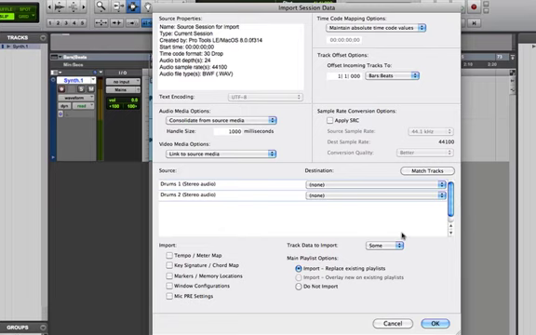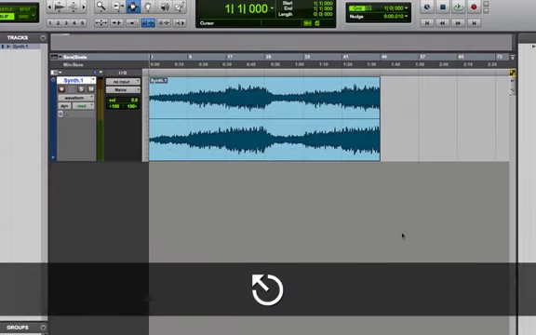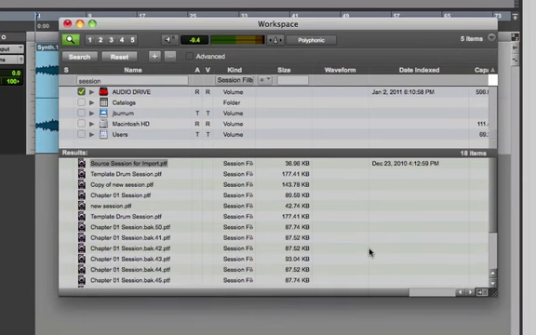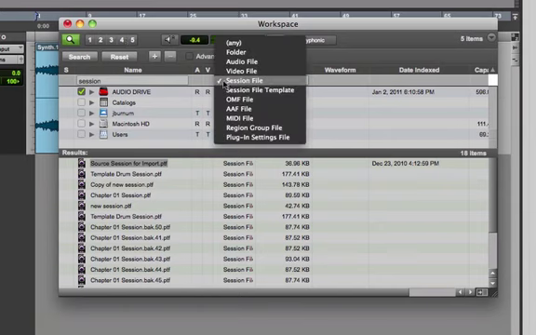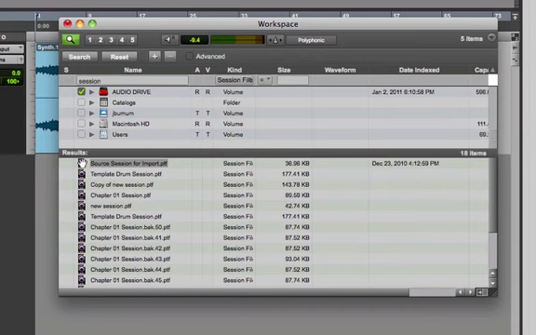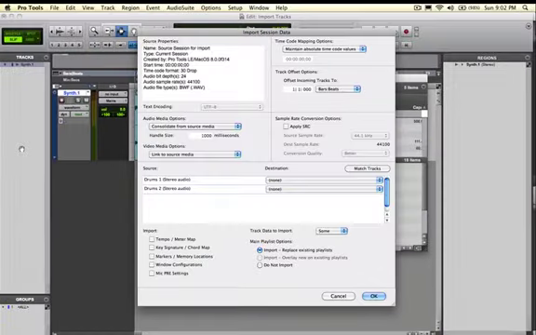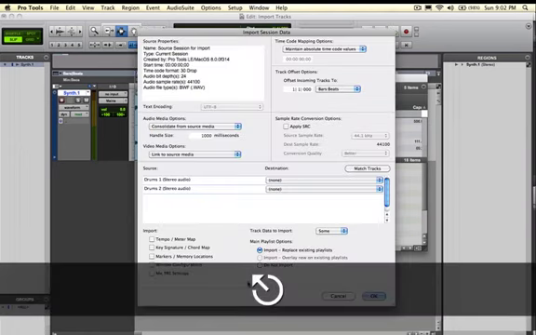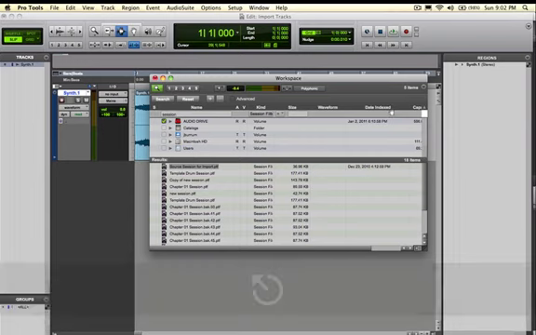Now, before we start talking about this dialog box in more detail, I want to show how we can pull this up in other ways. So I can hit the Escape key, and I can go into my workspace browser, which is Option semicolon. Again, this is underneath the Windows menu. We can find a session by doing a search, and remember, you can go into the kind and just choose just your session files to be found. And I can go into the .ptf file and drag it into my tracks list. Escape. I can drag it into my playlist,